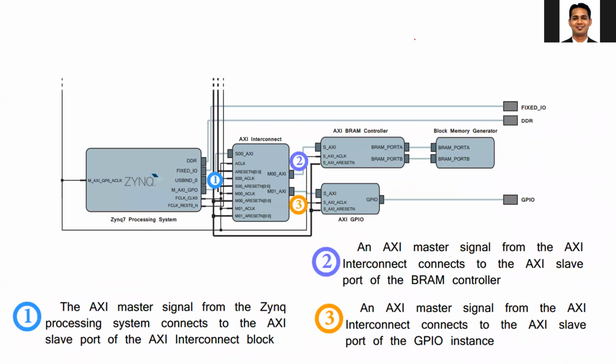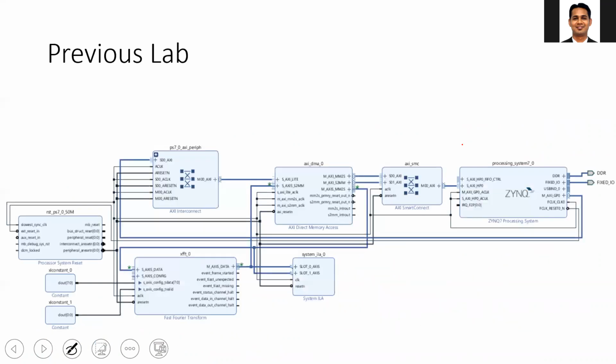In the previous labs, we discussed the Zynq design flow and we implemented a few systems using the Zynq SoC. In the beginning, we started with block RAM based read and write operations from the ARM Cortex-A9 processor using the AXI interface. Similarly, in the last lab, we implemented fast Fourier transform FFT-based acceleration on the Zynq SoC, and here we used the AXI DMA.